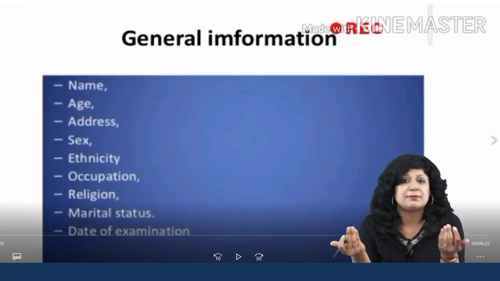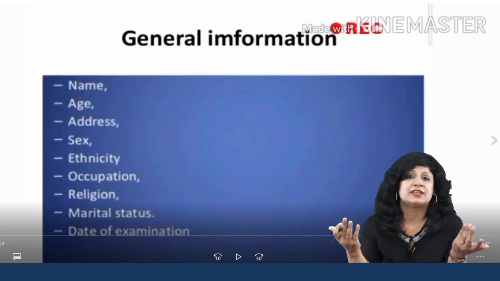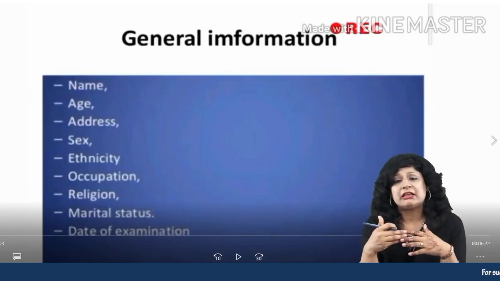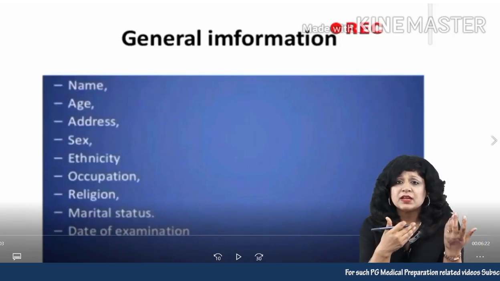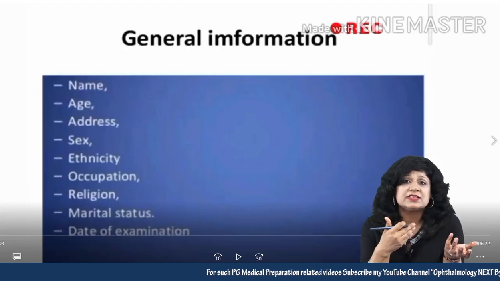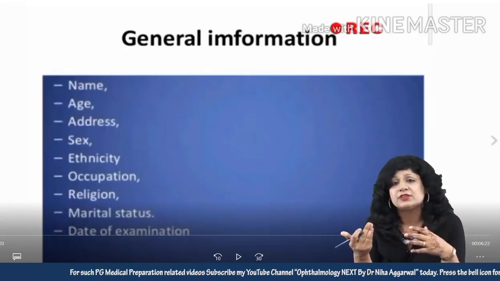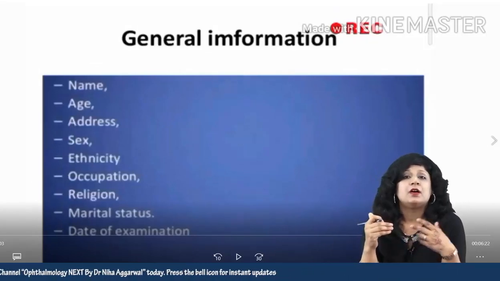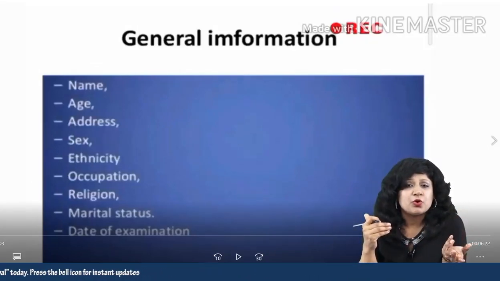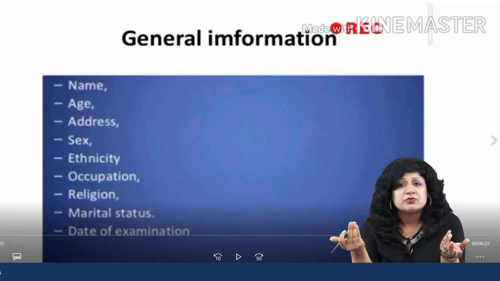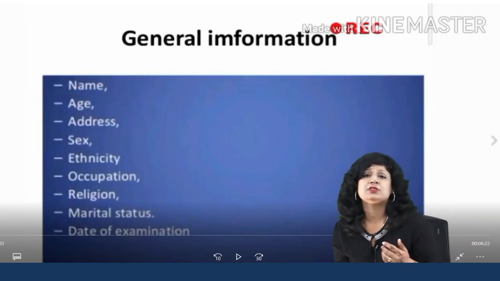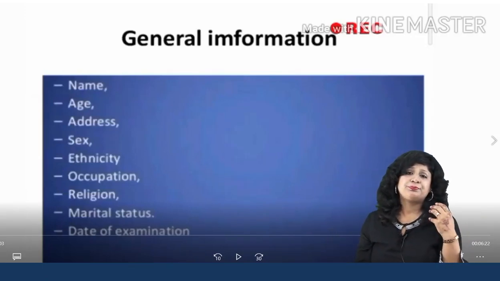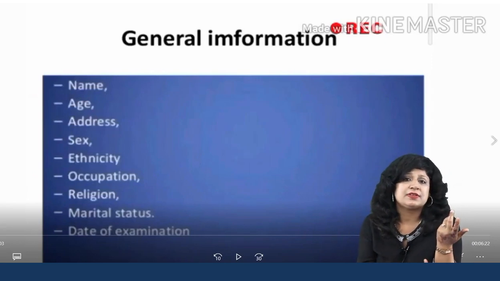So, for example, if I give you the example of vitreous hemorrhage, we know that in young age recurrent vitreous hemorrhage occurs due to Eales disease. In the elderly age group, it occurs due to PDR, proliferative diabetic retinopathy, while in children it can be due to trauma, it can be due to battered baby syndrome. So obviously age is important, and then we move towards the address.